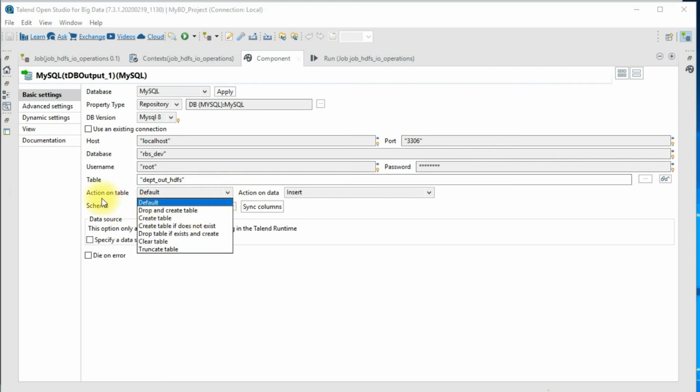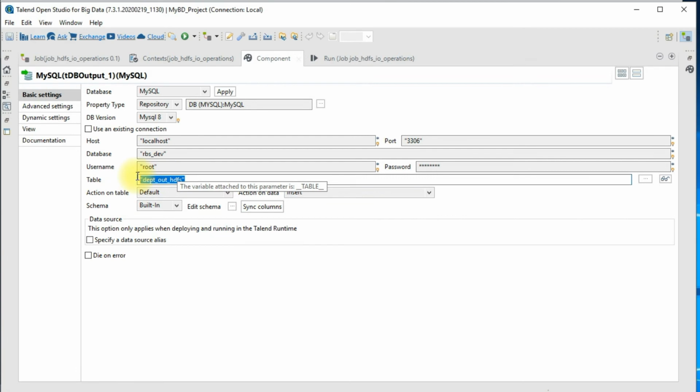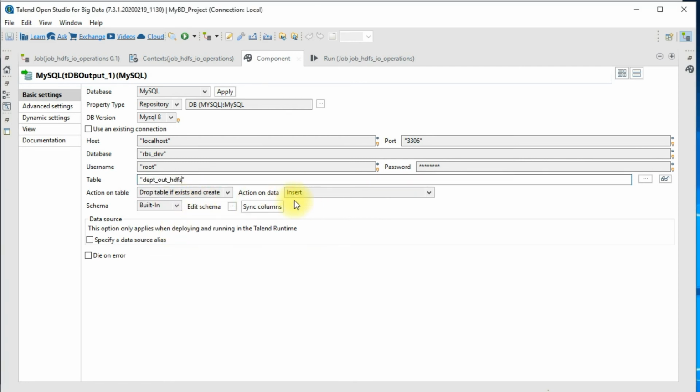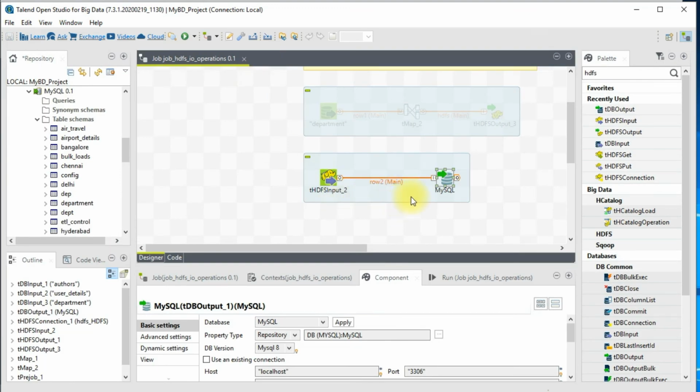And action on the table. We don't have this table in our MySQL. So what I will do is I'll go ahead and choose drop table if exists, and then insert the data. Right, so by doing that, it'll automatically drop the table, create the table and then insert the data coming from HDFS. Right, that's all we'll be doing.